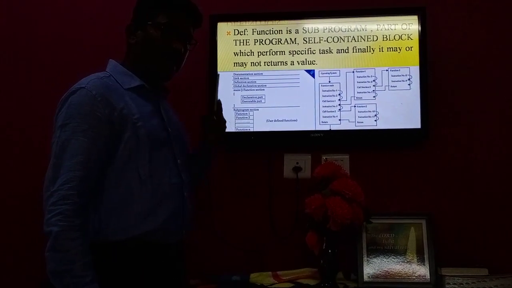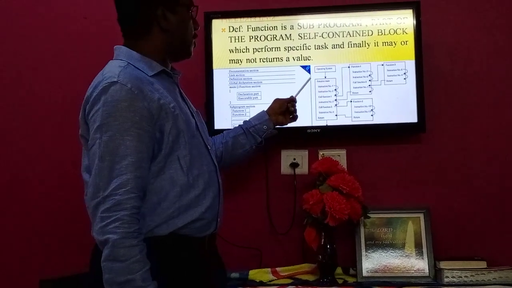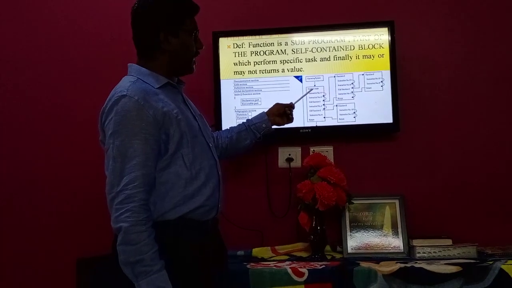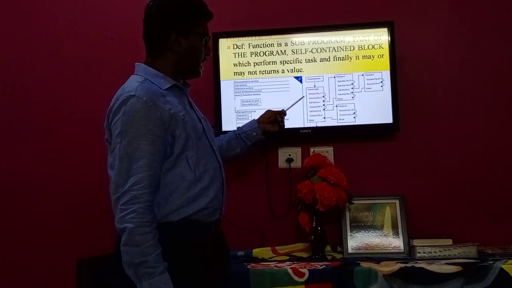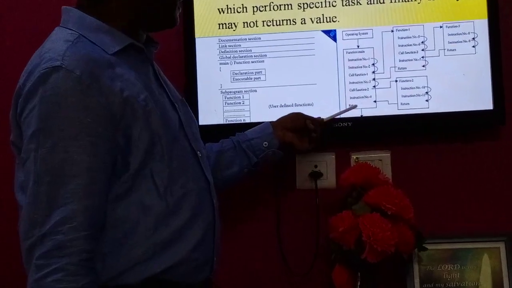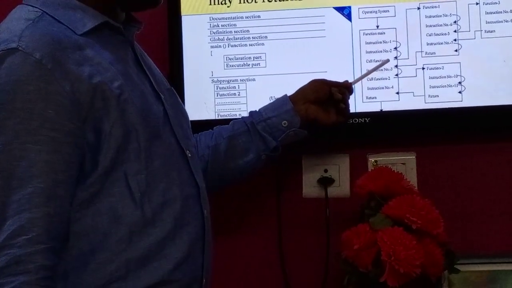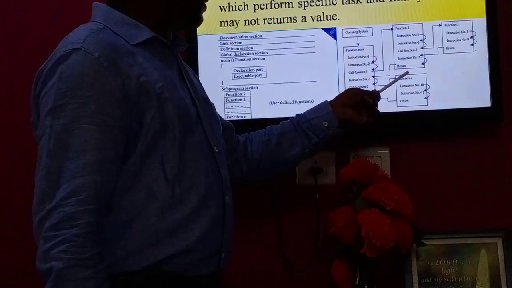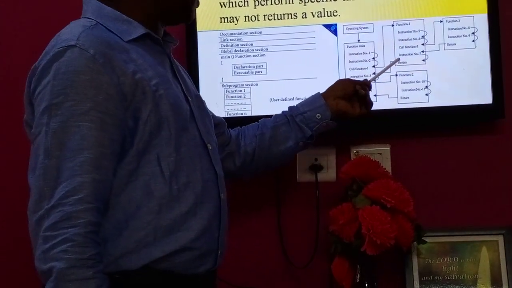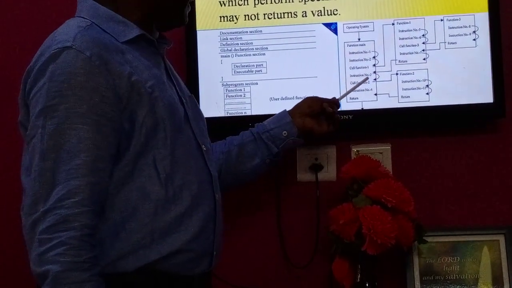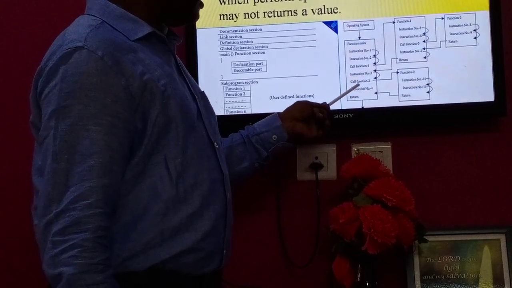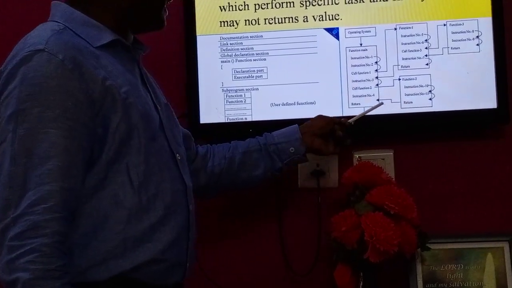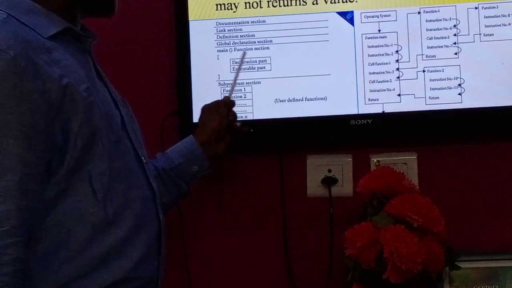If I want to execute a particular program, first compiler will request operating system, then immediately operating system grants the permission, then program will be executed from main function. That main function includes different instructions and different function call statements. Whenever a function call is performed or whenever a function is invoked, a jump occurs from this place to this place, and with the help of this function I can perform specific task, then control will be returned back and another instruction will be executed, then next one, another function call, another function will be invoked and the same, second function will perform specific task, and finally it returns so and so value, and finally return means closing brace.